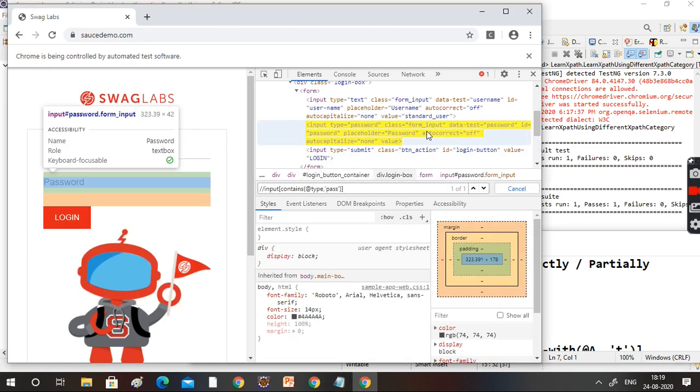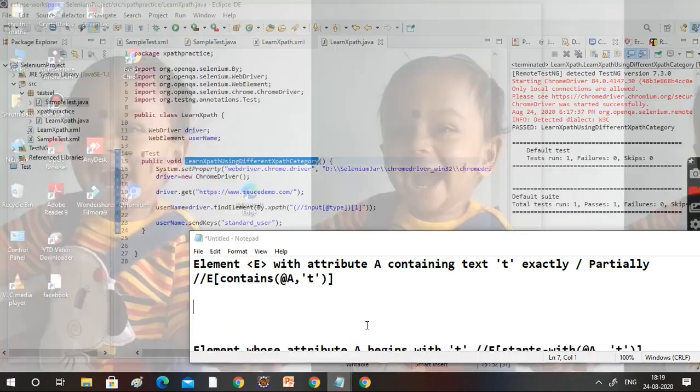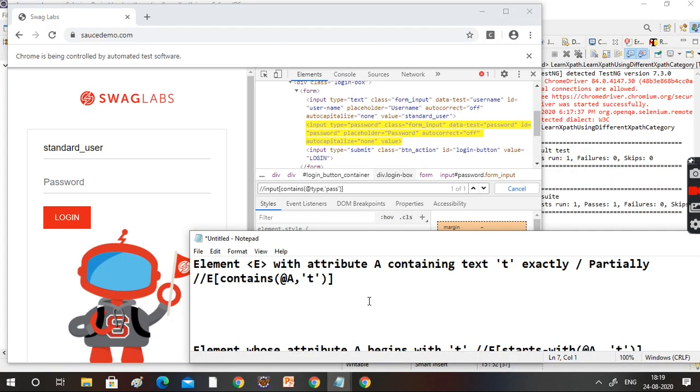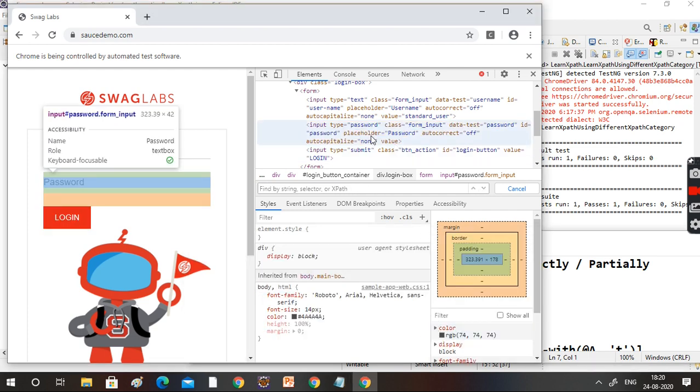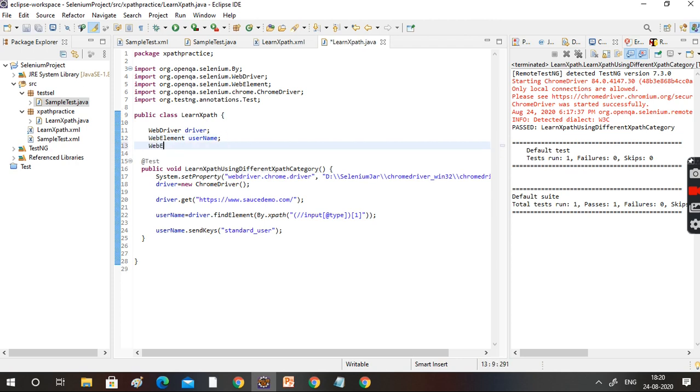See, now it is highlighting this one. Now it is highlighting this password text box. Okay. Let's create the web element. How to do the web element? WebElement